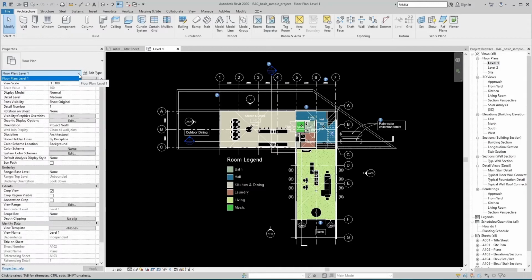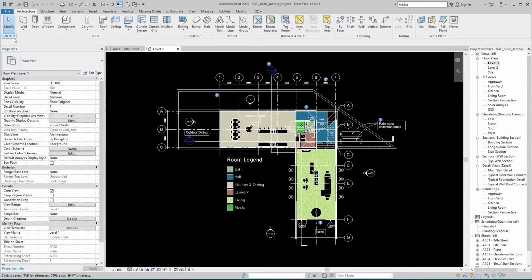When we select an object or select a tool for placing any object, then we can change the type from the drop down list. Slightly below the type selector, it provides us complete detail of any object like size, reference level, offset, system type, material, etc.